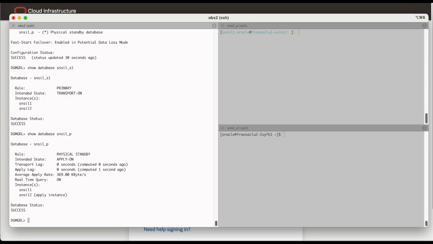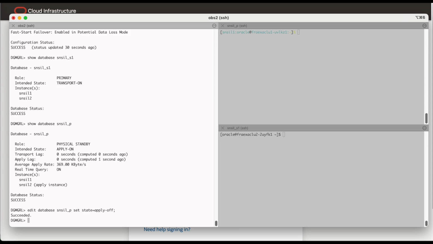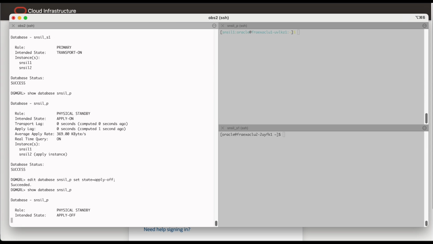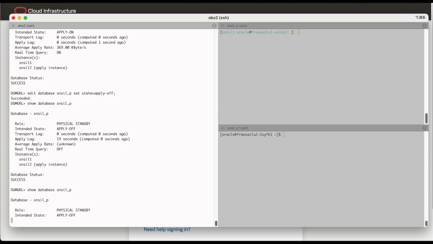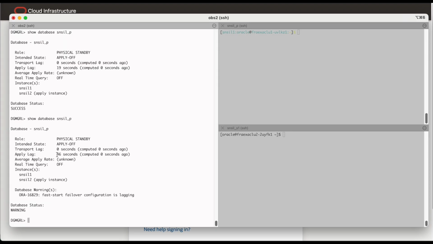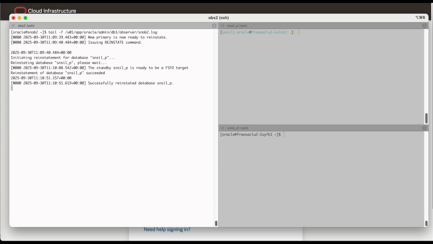We then set the apply off so the standby database has a lag above the threshold value. We observe the observer log file.